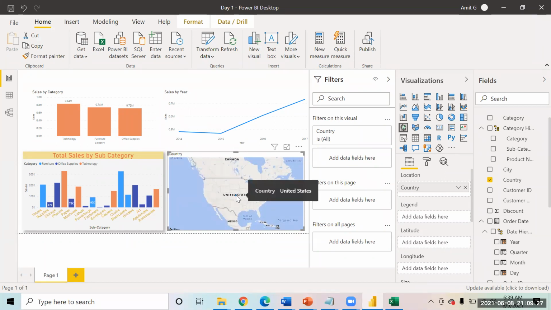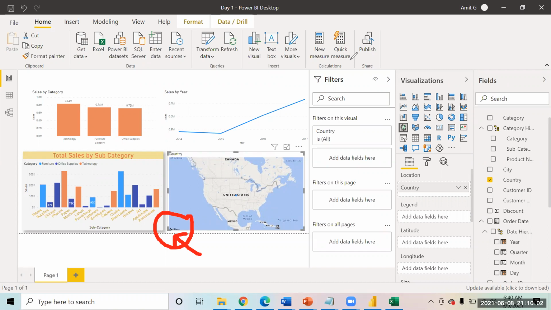Now please remember, this map is a live visual. If you are not connected to the internet, this map will not be created. Many times, companies apply certain firewalls and proxies so that you can't access any external websites. If there is a proxy on this website, that is Bing, then this chart will not be created, because it hits the internet, extracts the information on a real-time basis and then puts it on your chart.